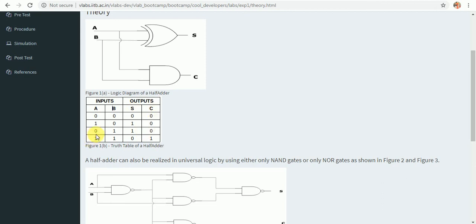If A equal to 0, B equal to 1, then sum equal to 1 and cout equal to 0. Last combination is if A equal to 1, B equal to 1, then sum equal to 0 and cout equal to 1. For this combination only, carry is getting generated.